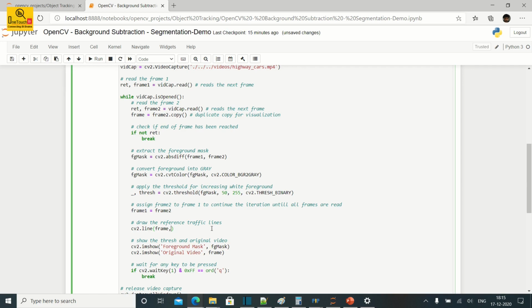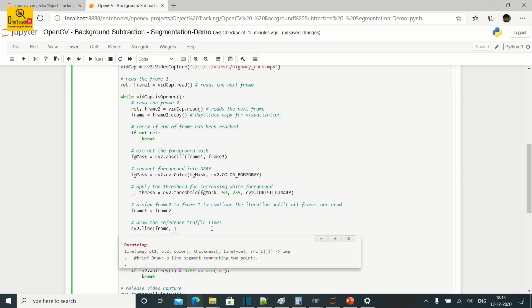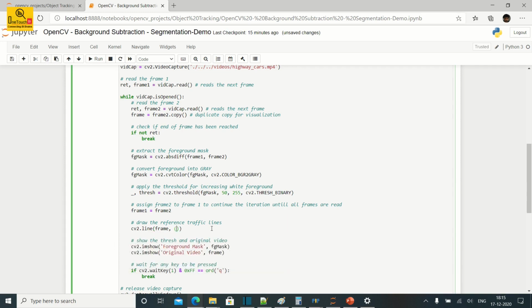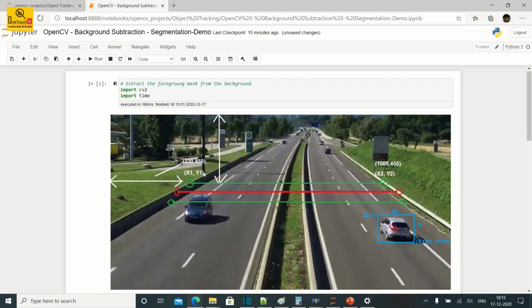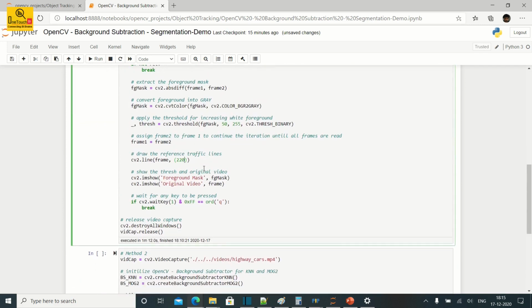Okay, we pass the first parameter, then the tuple we have to pass: x1 y1 and x2 y2. The x1 y1 supposed to be, in our case with our reference image, 220 by 450, and similarly the second tuple is